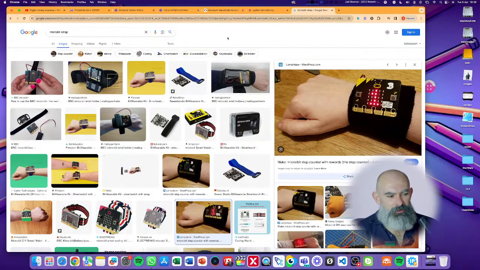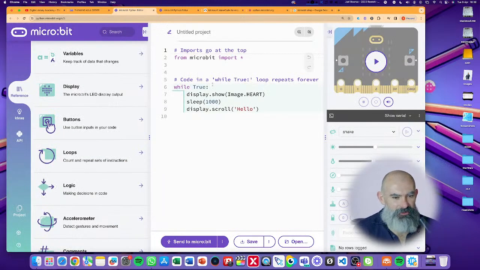So maybe, you know, you're at school and you're not allowed a phone out. So you've got your program device. I'm obviously making this up just to have a look at something we can do. So again, we can do